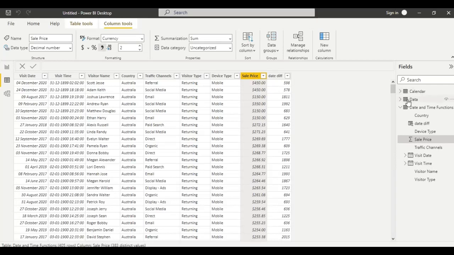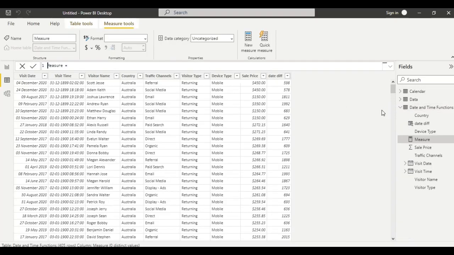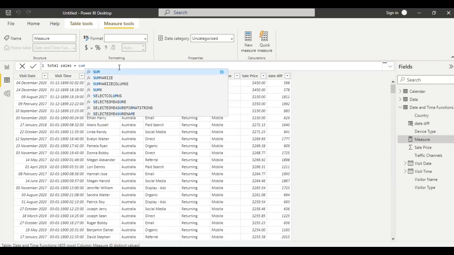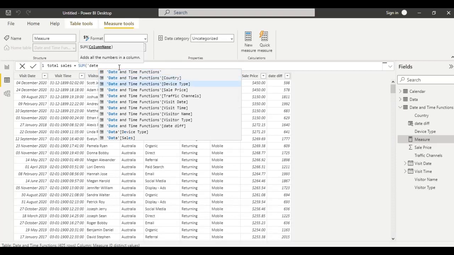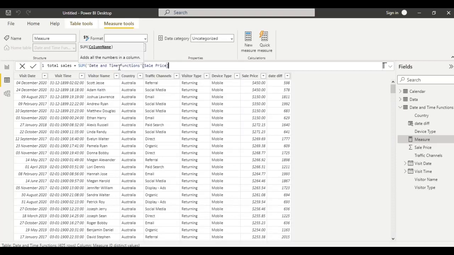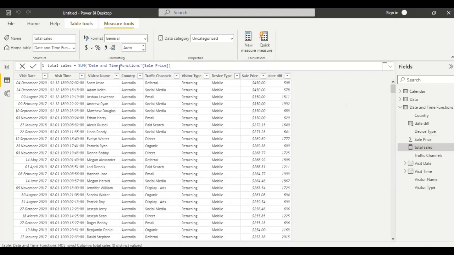For that, right click, add a new measure as total sales equal to sum of, from date and time function sales price. Close the bracket, click enter. Our measure is created for total sales.